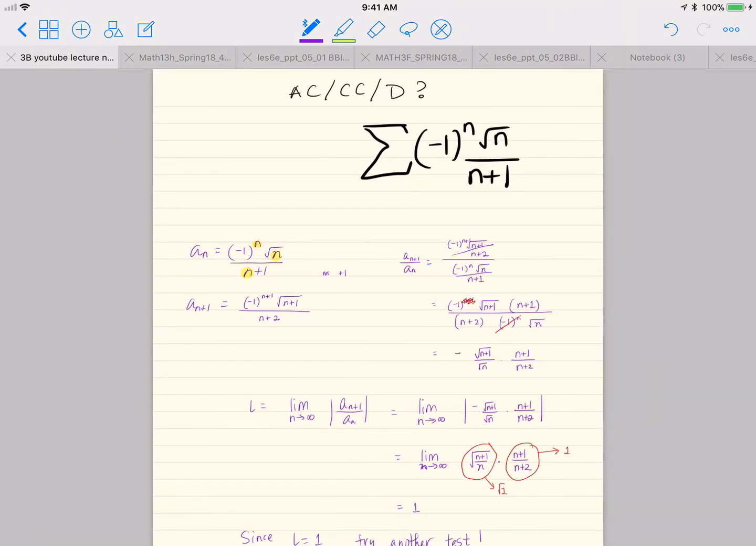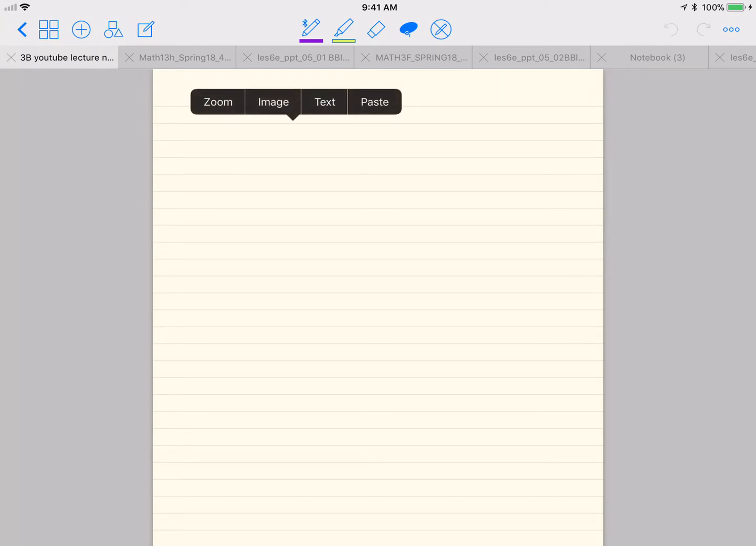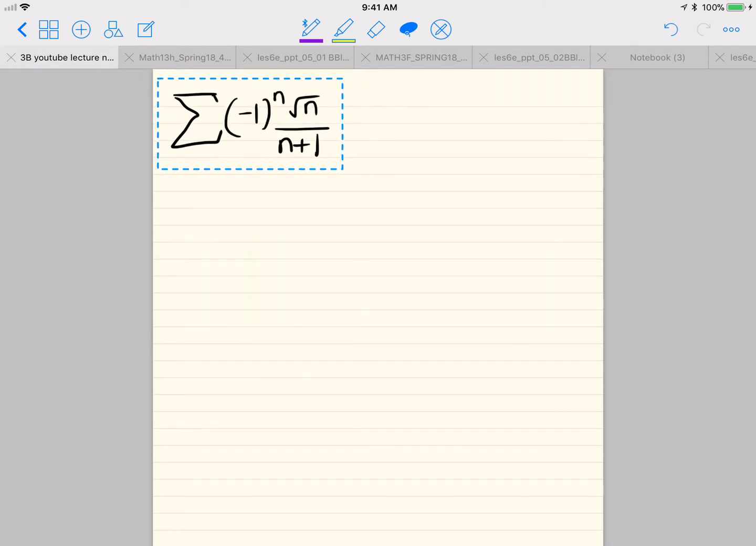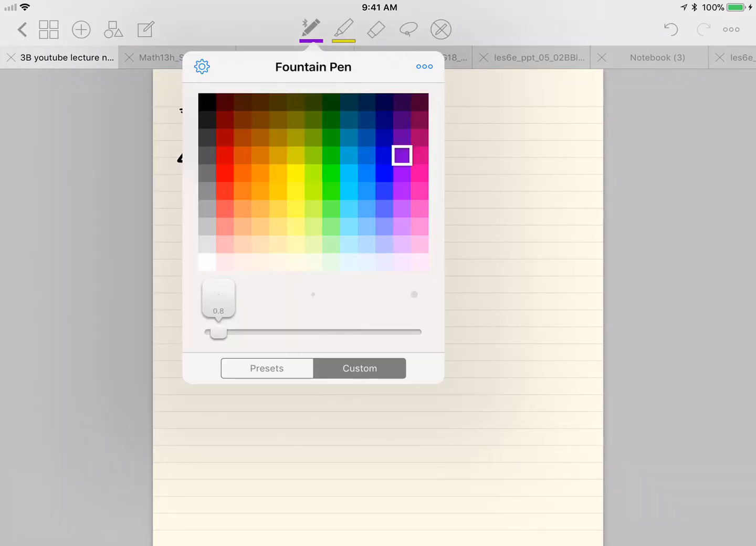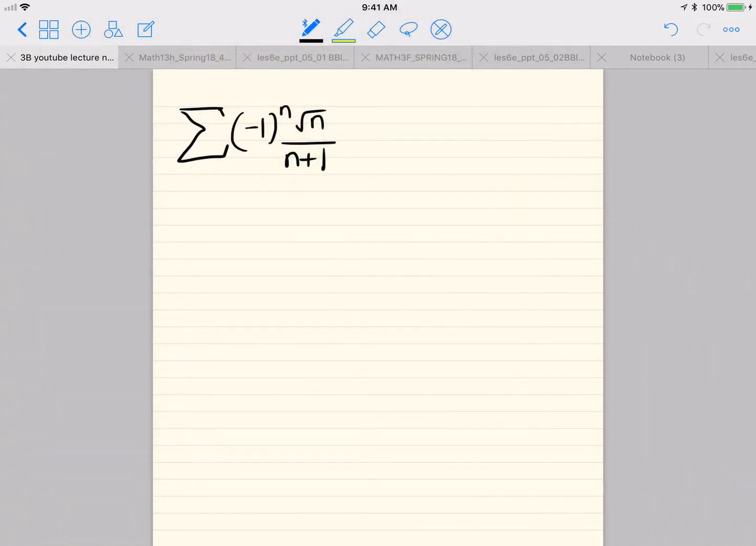Okay, so now looking back at our series here, negative 1, let's see, maybe we can try to do an analysis just by looking at the terms. So first, let's see if it is absolutely convergent. So the question is going to be, is our series absolutely convergent? And the answer is, well, we need to look at